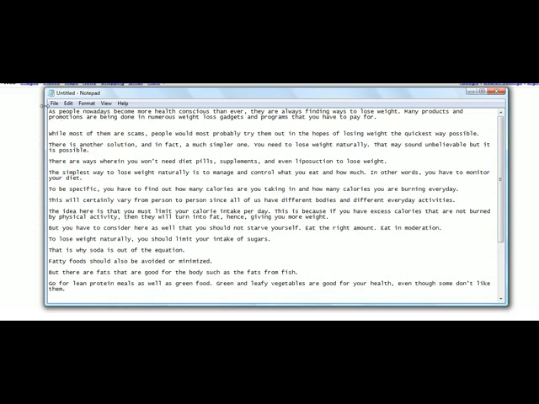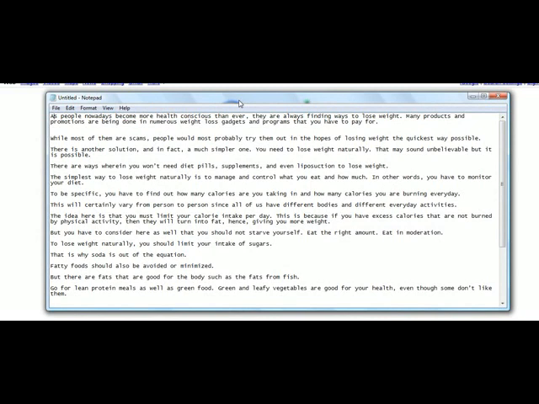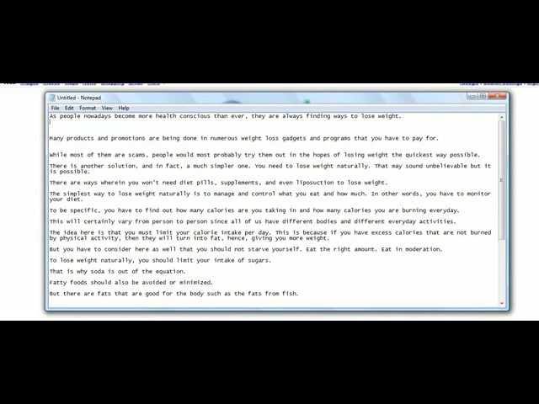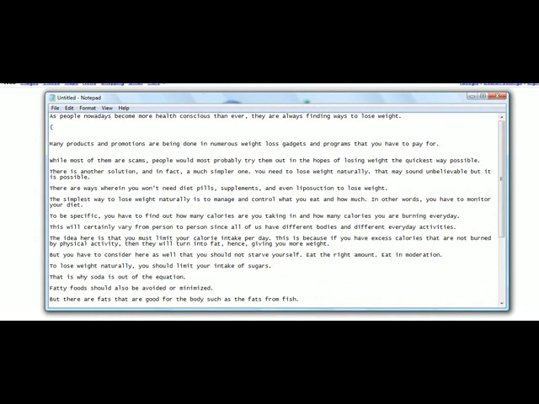So what you see here, for example, is: as people nowadays become more health conscious than ever, they're always finding ways to lose weight. So there is a sentence right there. I recommend you do this in parentheses so you know which one is the rewrite.